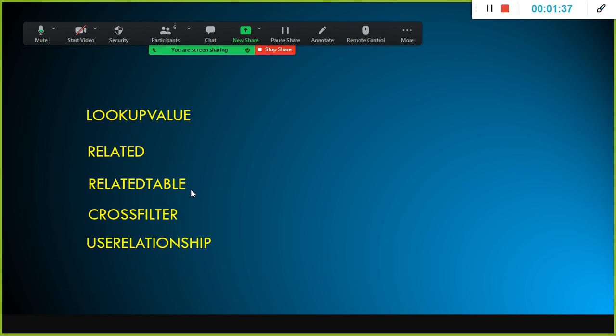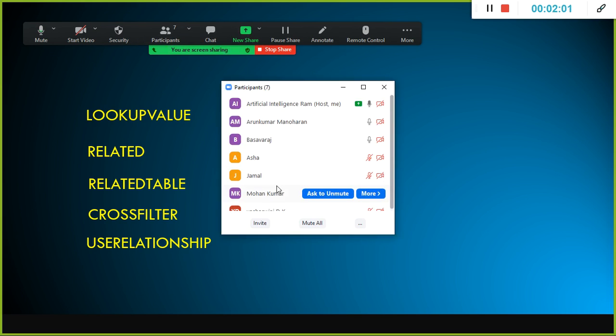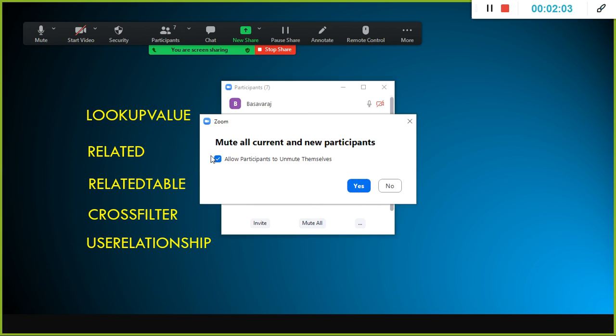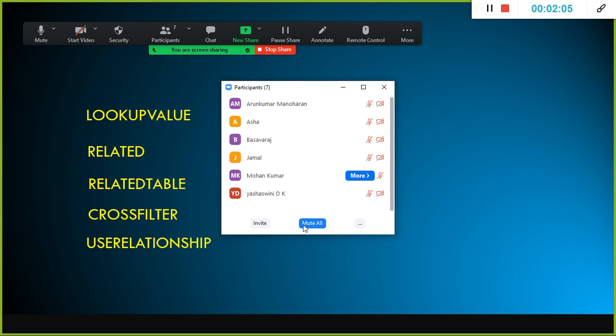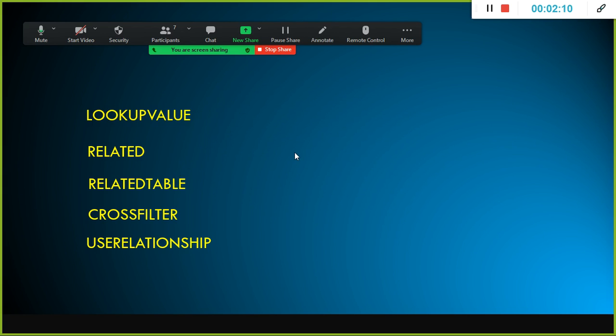So what is related table? Related table draws the value from the many to one side. I showed you yesterday in the price table how to update the stock value from the many side. The many side takes all the products, the total number of transactions and the corresponding values, and then updates it on the target table.